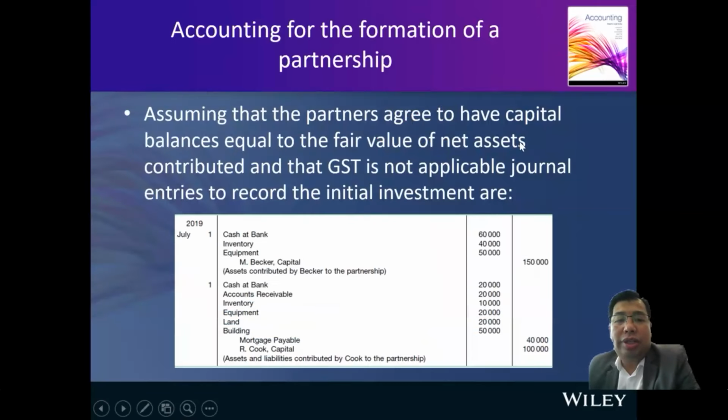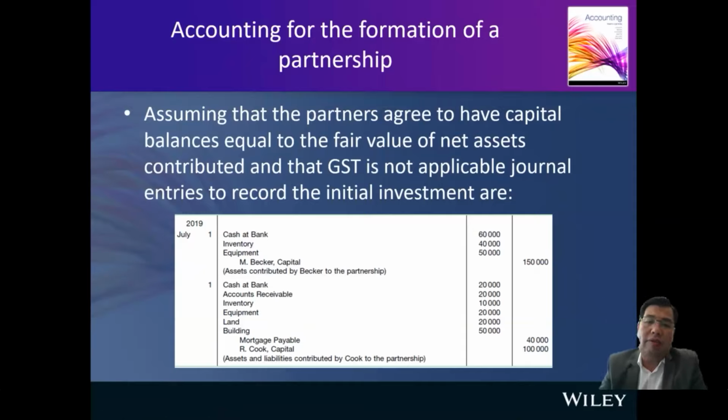So what will be the journal entry? It's very easy. Assume that the partners agree to have capital balances equal to the fair value of net assets contributed, and the tax is not applicable. So the journal entry will be like this. We're going to record for Becker first. For Becker, his contribution is cash 60,000, inventory 40,000, equipment 50,000. So the total capital contributed by Mr. Becker is